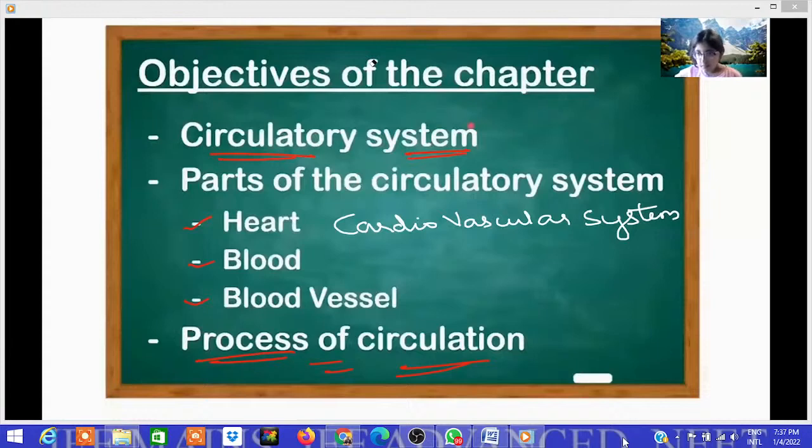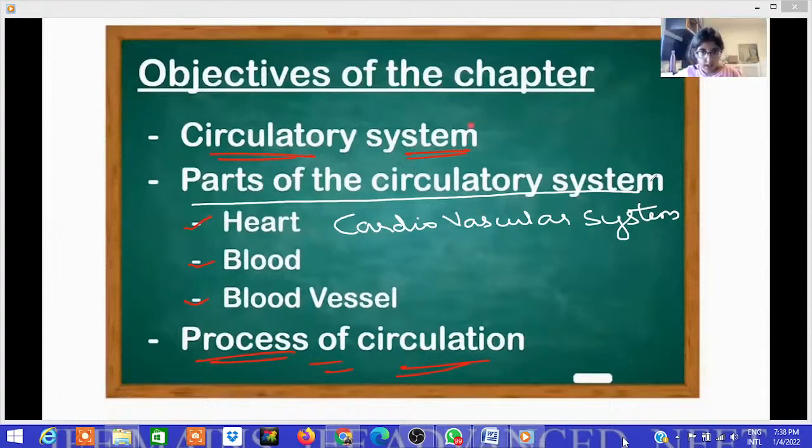Done? Yeah. Okay. And after that, write down parts of circulatory system as your subheading. Write down this as the subheading. Parts of the circulatory system. After writing, you have to show me, okay? I will ask you, then you can show your notebook to me. Yeah, for that I'll need to switch my background off. Then, not now. I will be asking you at the end of the class.